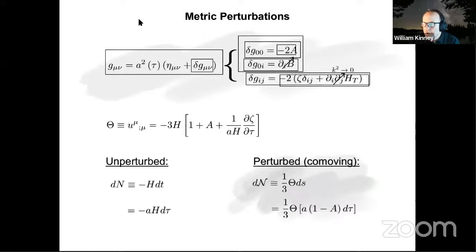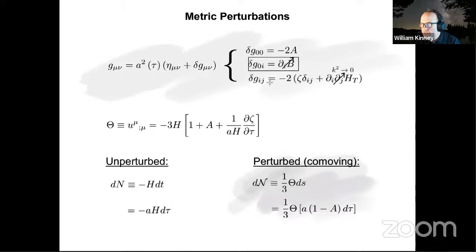So the two things I'm ignoring: one is I'm going to gauge away the shift function, which is the 0i component. And I'm going to be interested in the asymptotic behavior of this, right? This behavior at very, very long wavelengths. And so this double spatial derivative on this transverse component is going to be proportional to my wave number squared in Fourier space. That's going to go to 0 at long wavelengths, so I can ignore that piece as well, okay? So I have two metric perturbations that I care about: the lapse function, which is the 0,0 component, and the curvature perturbation, which is this ij component in my spatial metric perturbation.